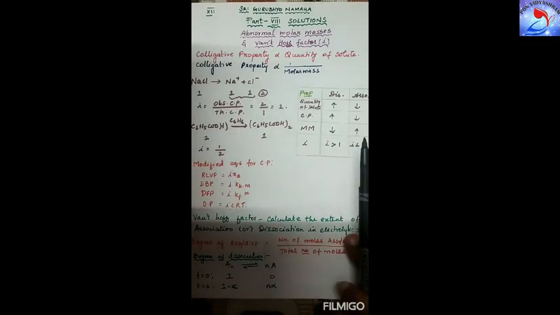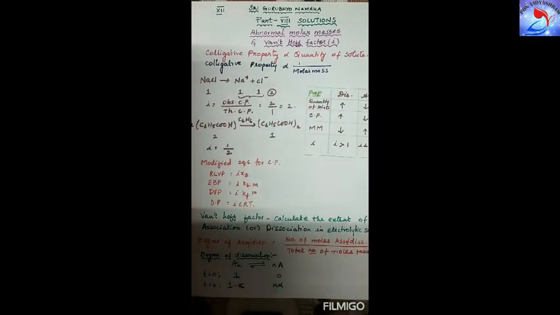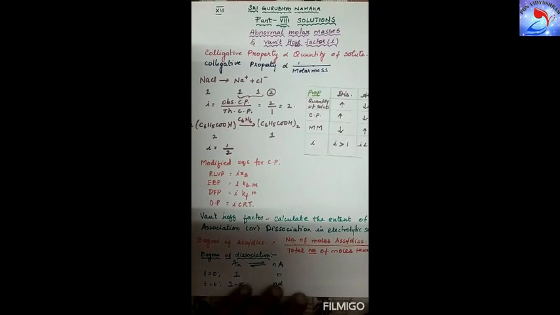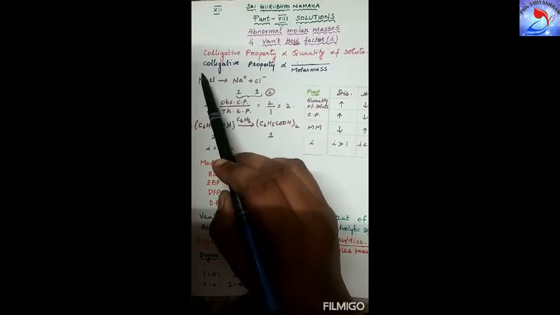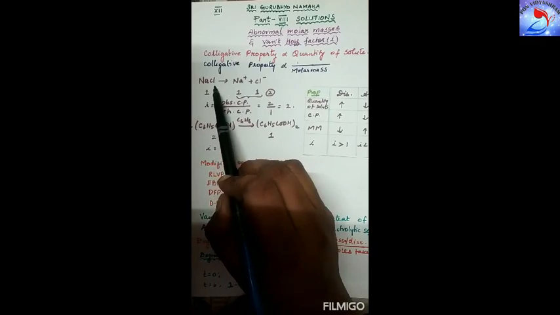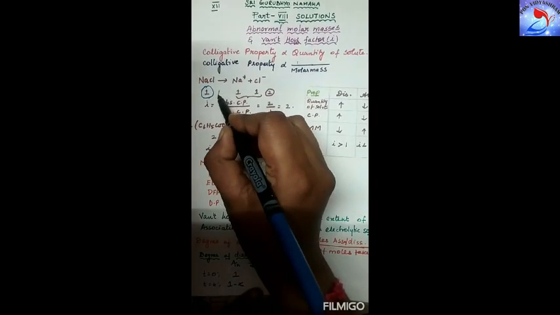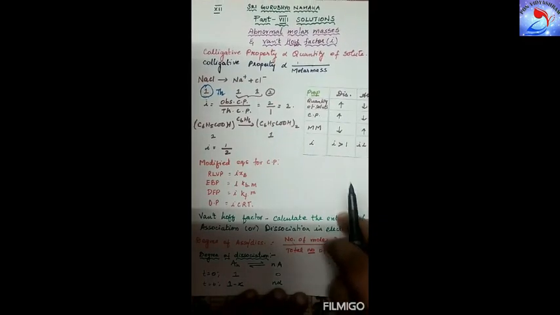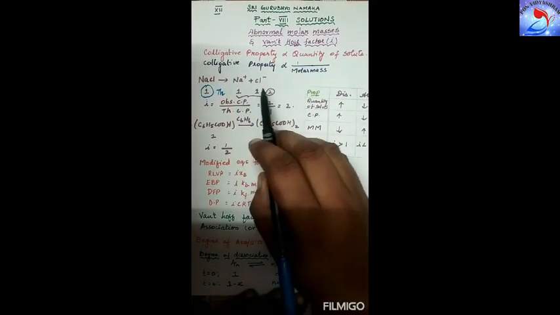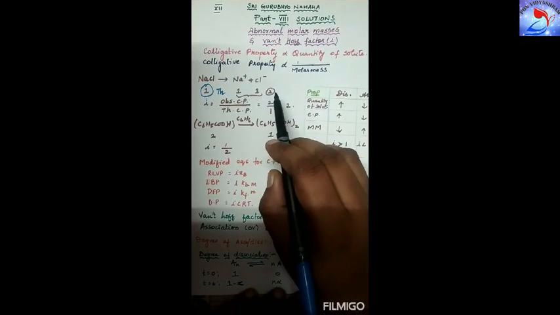Now, when 1 mole of NaCl is added to a solvent, it dissociates into Na plus and Cl minus. Colligative property, which is dependent on the number of solute particles, in this case is 1 because 1 mole of NaCl is added to the solvent. So, this 1 is the theoretical value. Now, after going into the solvent, this NaCl splits up into Na plus and Cl minus. So, now it has become 2 particles. So, this 2 is said to be the